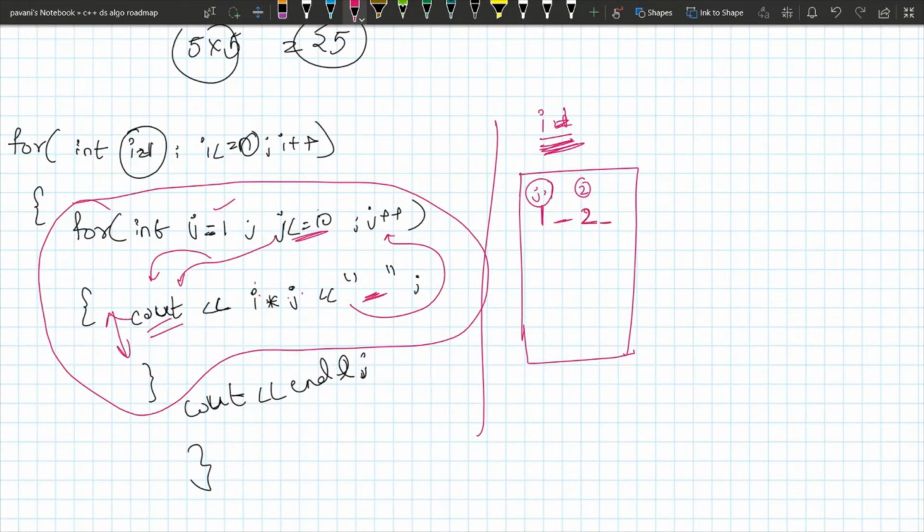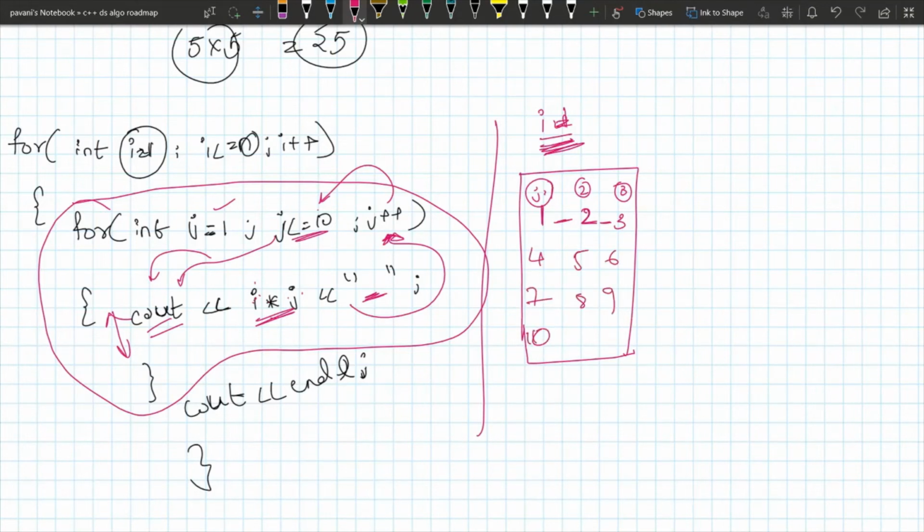Next, it jumps into the increment part. j became 3 now, it checks the condition, 3 is less than or equal to 10, that's true. And see what I'm printing, 1 into 3, right? The i value is 1, the j value is 3, up to 1 4 5 6 7 8 9 10.